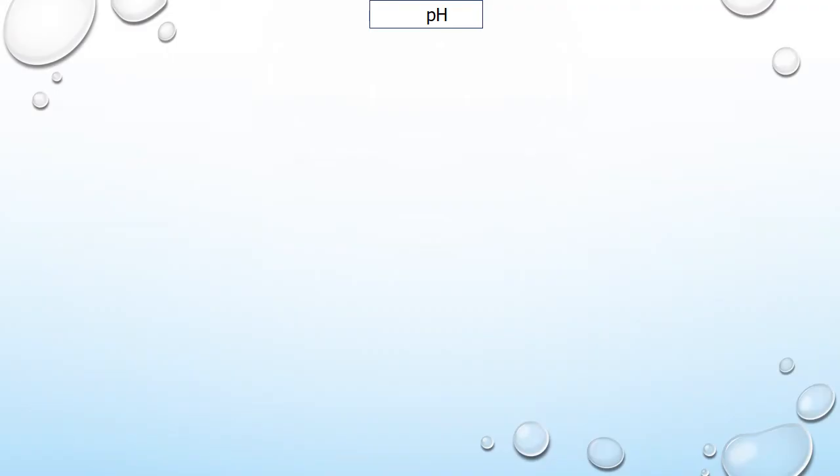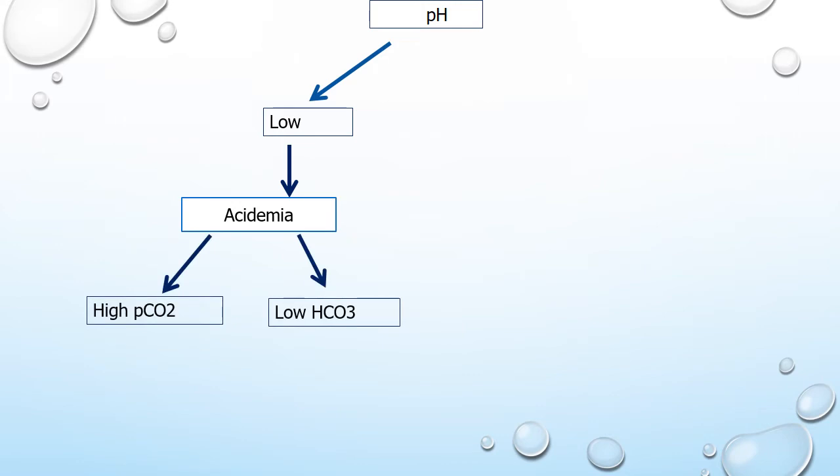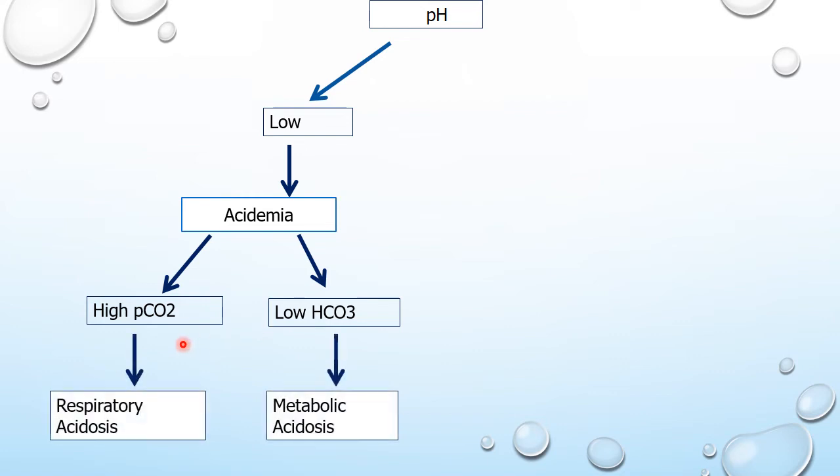So now let's understand the analysis of ABG. When we see ABG, first we look at the pH. If the pH is low, there is acidemia in the body and there is acidosis, and this can either be due to a high PCO2 or a low bicarbonate. When it is due to high PCO2, there is respiratory acidosis, and when it is due to low bicarbonate, there